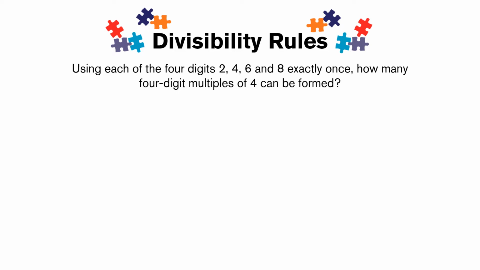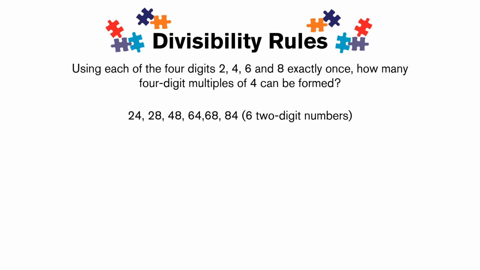So to start with this problem, let's just look at how we can rearrange those numbers to create 2-digit numbers that are multiples of 4. And if we go through that strategically, we can start with 2 in the tens place, and we know we can form 24, and then 4 more than that, we can form 28, and that's all we can do with 2. Then we can move on to 4, and we know 48 will be